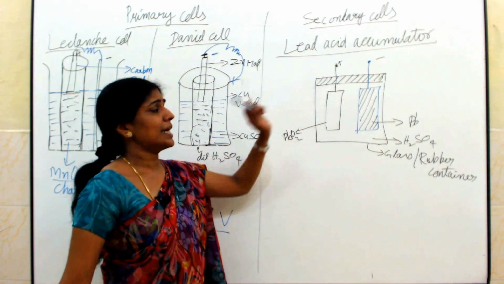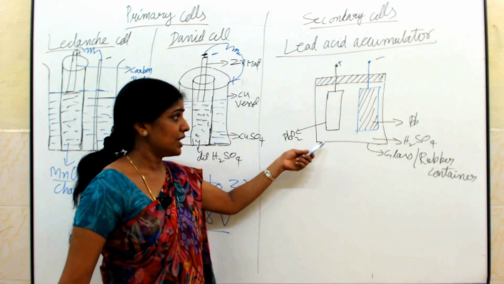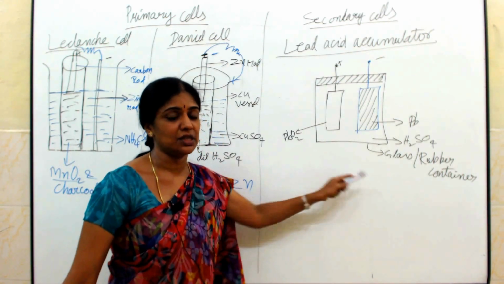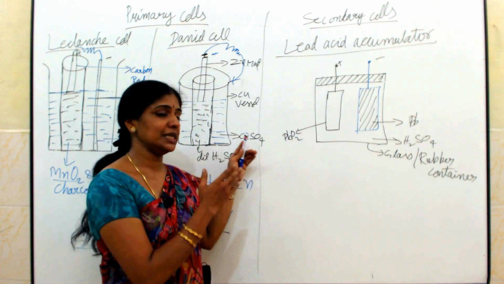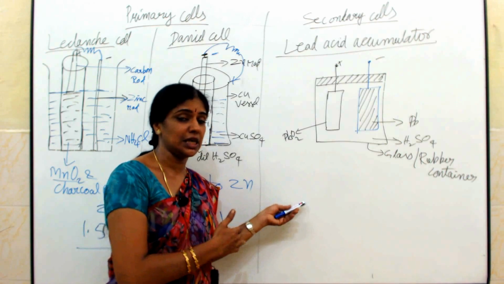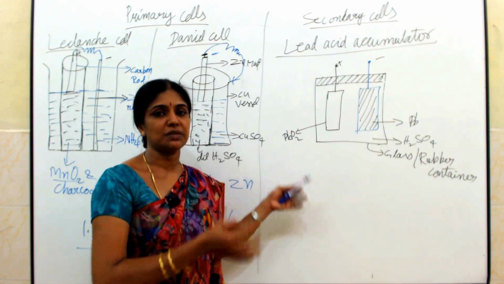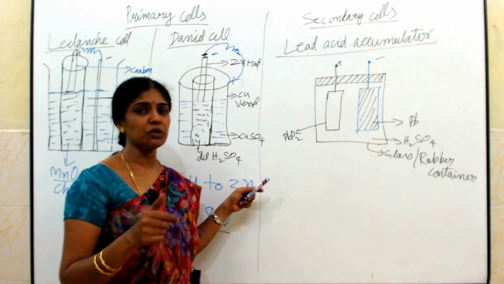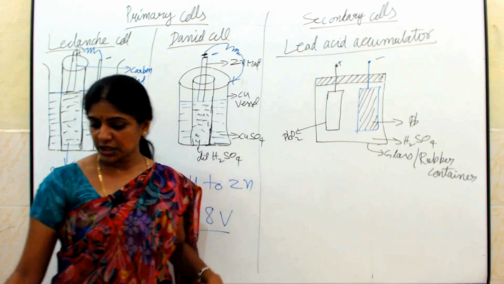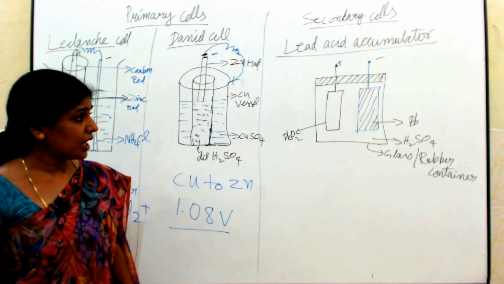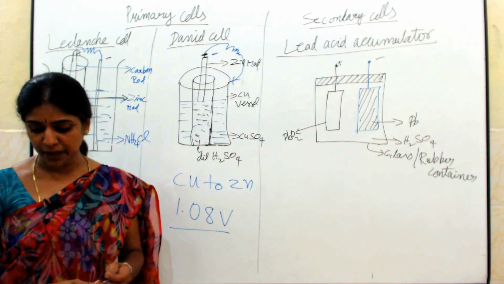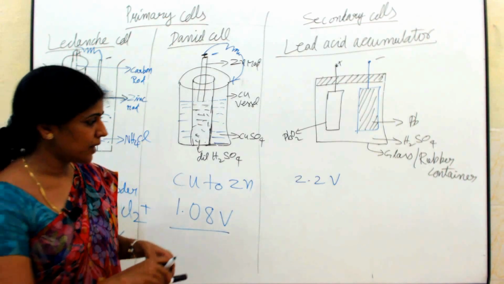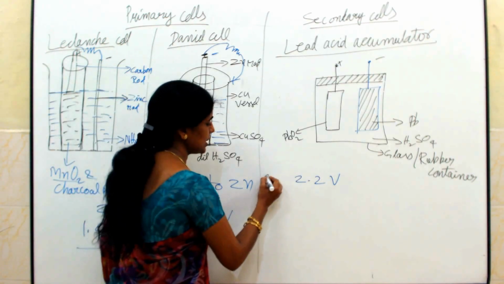So if we use the lead acid accumulator, how do we check whether it is charged or discharged? What should be its potential difference and specific gravity? That is most important. Just monitor its specific gravity alone; that itself is enough to find out whether it is charging or discharging. When you prepare a fresh cell, the EMF of a freshly prepared cell will be 2.2 volt.